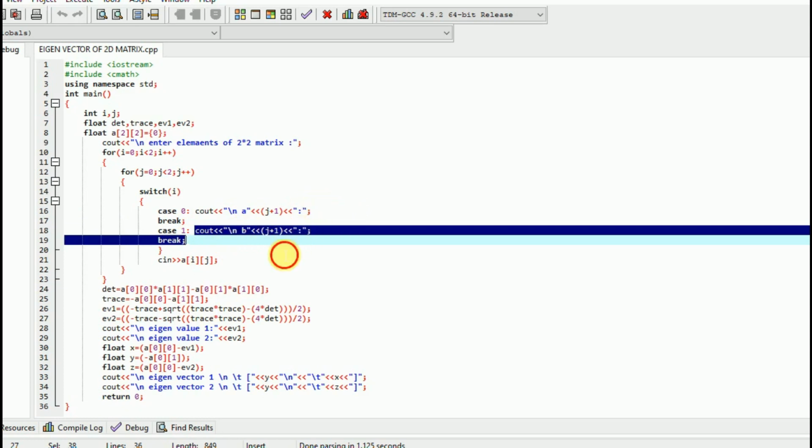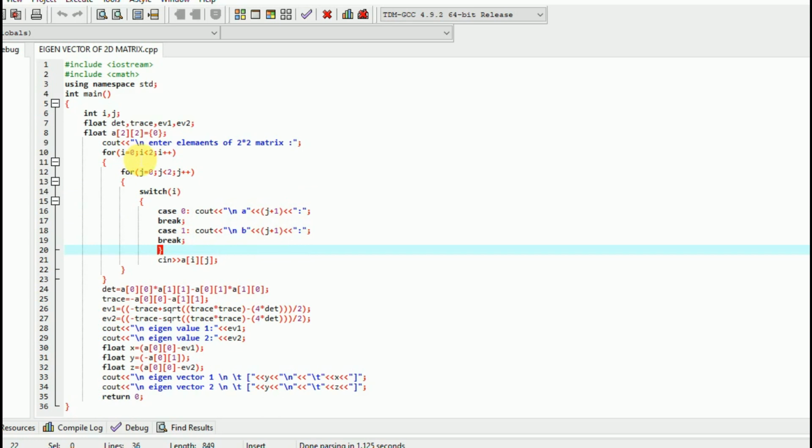In order to understand this, let us take initially i equal to 0 and j equal to 0. When i is equal to 0 we have case 0, cout a, j equal to 0. Thus in the output we will get a1.